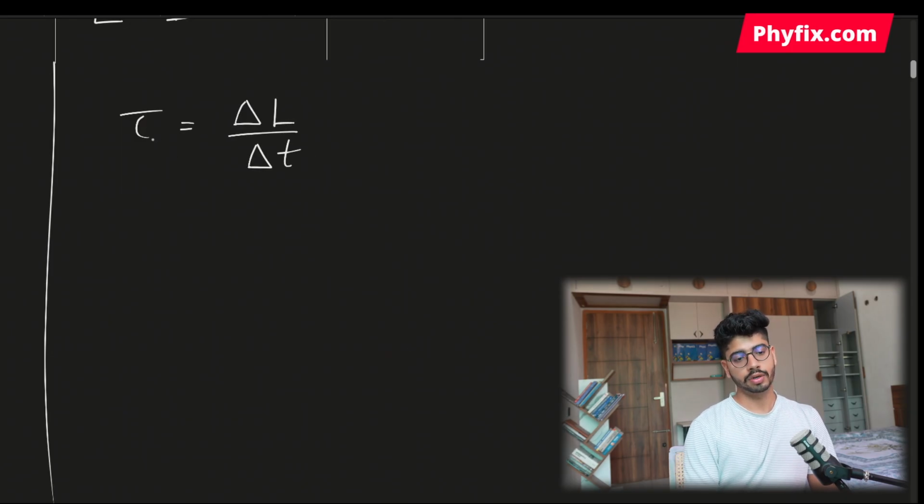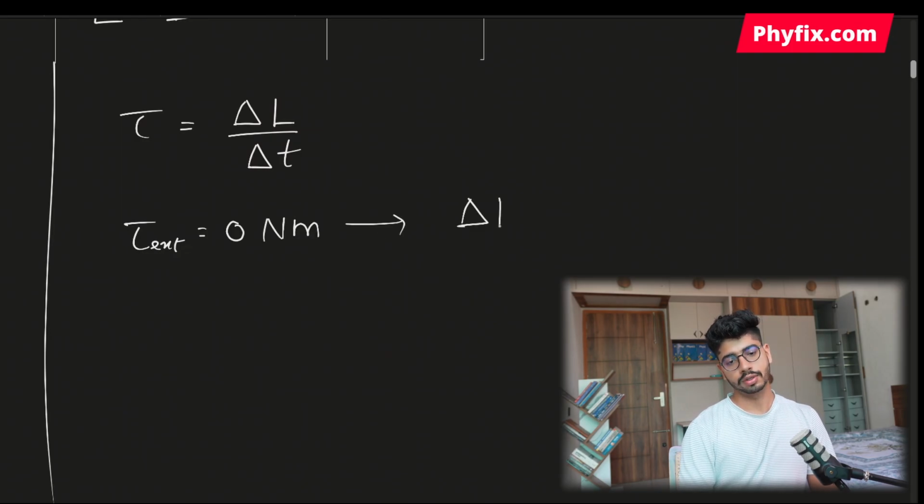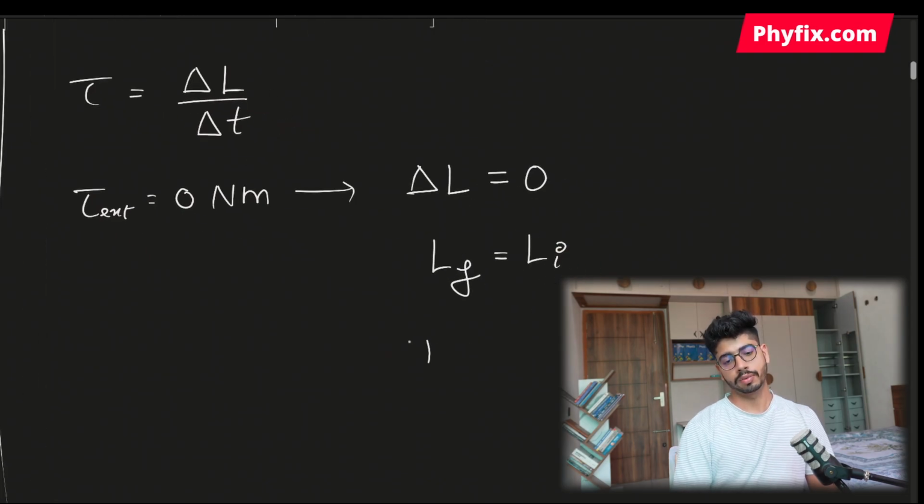If the net external torque acting on any system is zero, Newton meter is the unit for that, I'm going to say the change in angular momentum is zero. So change in angular momentum means final angular momentum is equal to initial angular momentum. Final angular momentum is the moment of inertia